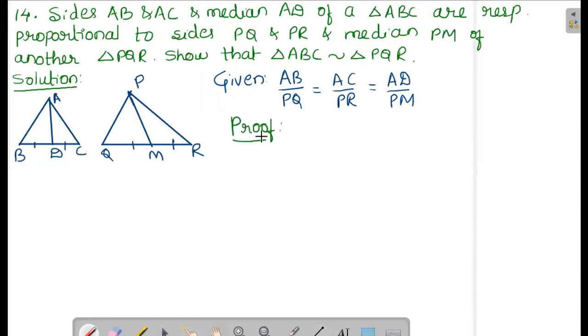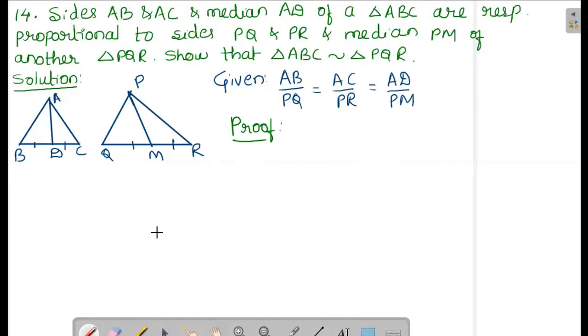Right. So here we have to prove ABC is similar to PQR. We don't know anything about the angles also here. Only about this median and this proportionality we know. AB and PQ, then AC, PR. Two sides are proportional. Again, as I told in the previous example, either we have to prove one angle is equal or the third side, that is BC by QR, that we have to prove. For that one, we need to make one construction here.